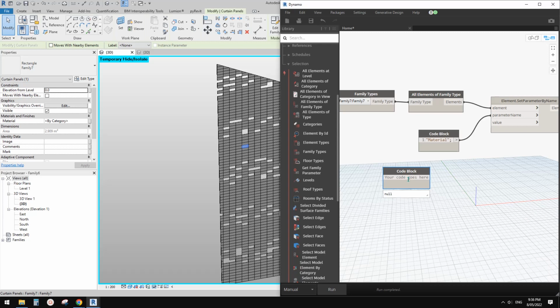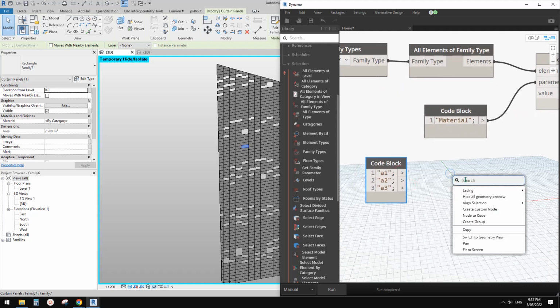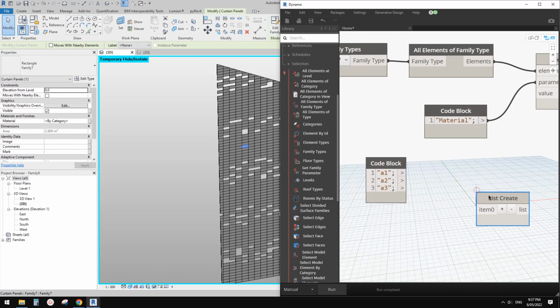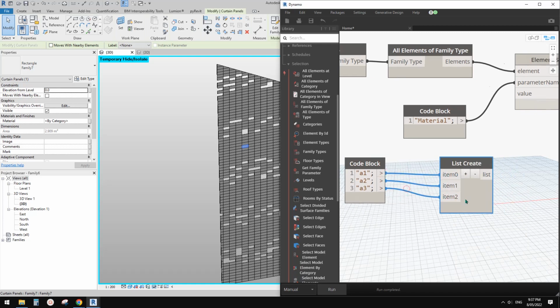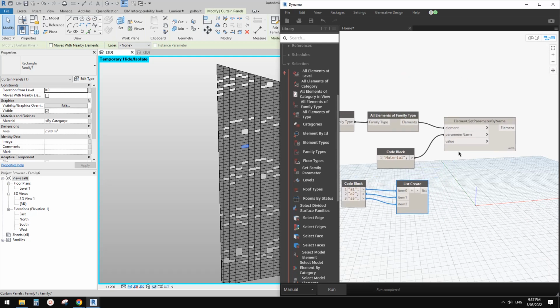So we know the name. So that we can do this, we can just type A2 and A3. Okay, so now these are the 3. And then I'll just create a list. Okay, link. So this is a list with 3, and of course that 3 is not enough, so we need